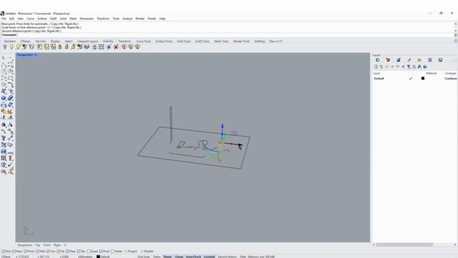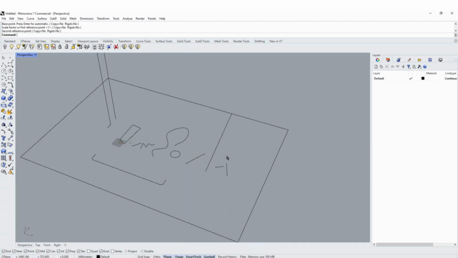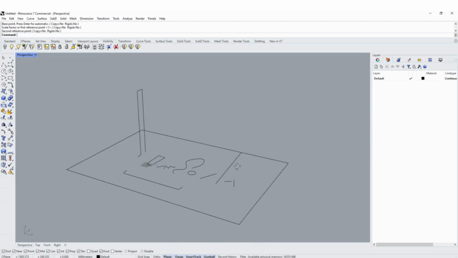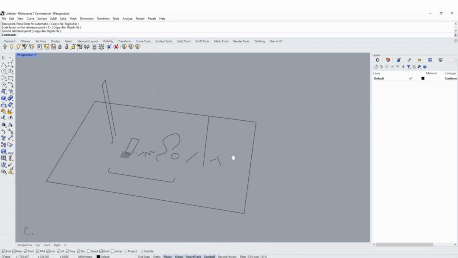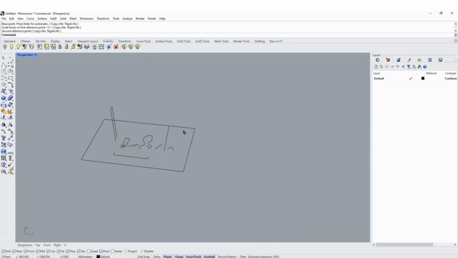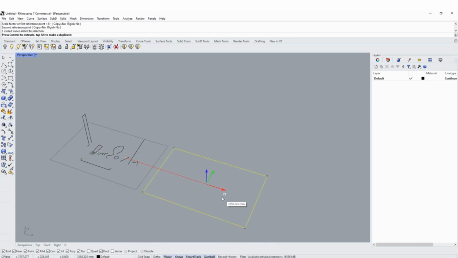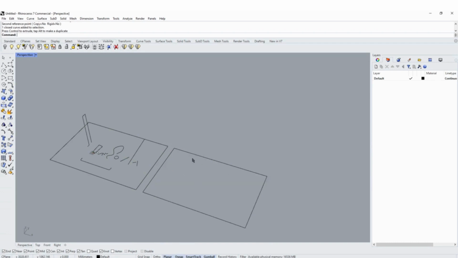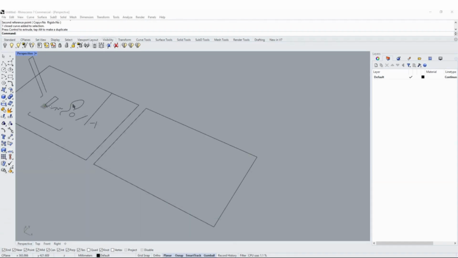Now that you know all this, I think we're pretty good with the curves. It's going to be a great moment to actually move to the surfaces. So let me create a new rectangle over here by just copying this. And this is going to be the area where we're discovering more of the surfaces. Now that we have created all these curves on the side,